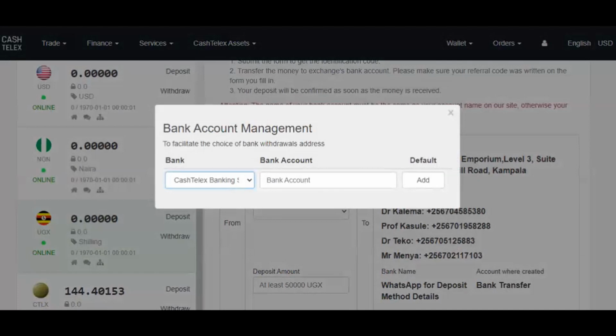So if any of you are navigating the current page, you should be able to see all sorts of banks. I'll mention some of them: the Standard Chartered Bank Uganda, Centenary Bank Uganda, Bank of Africa Ugandan branch, right? Bank of Africa, Bank of Baroda, Bank of India. So many of these banks, or all of these banks, will soon be integrated into the system, so that many of us could go ahead and key in the bank account and then choose to deposit into the